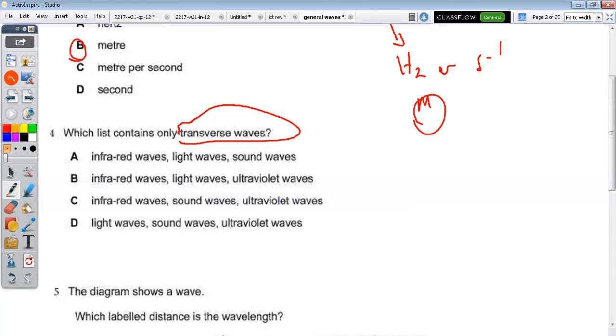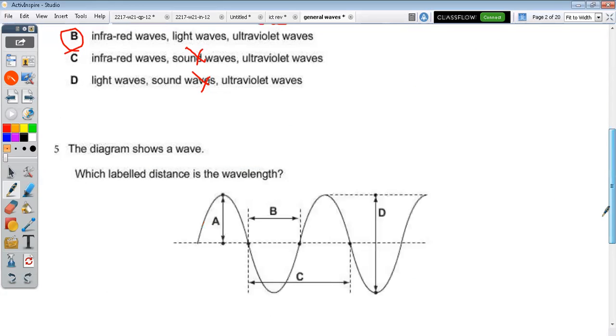Only one longitudinal wave now. Are you guys revising your notes? I said this over and over again that there's only one longitudinal wave. The rest of the waves that you can think of are transverse. So what is the longitudinal? Sound waves. So you're only eliminating sound. If there is anything to do with sound, then it's not a correct answer. The rest of the waves, water waves, microwaves, radio waves, infrared, are all transverse. The only longitudinal wave in physics is sound waves. You know this by now.